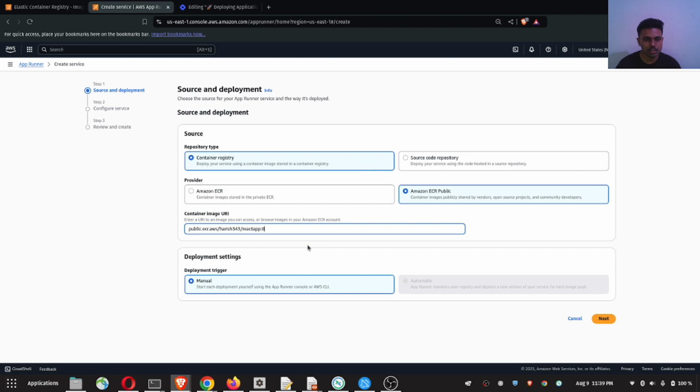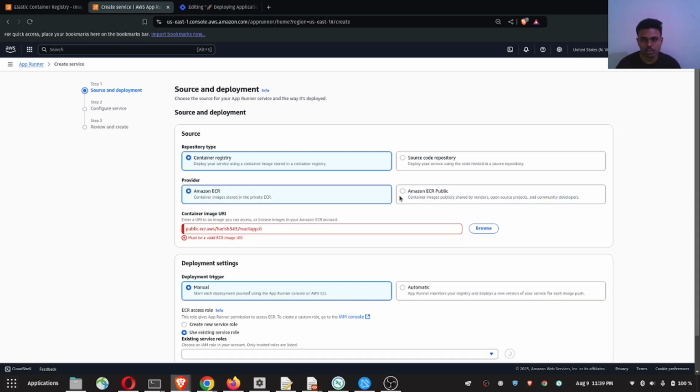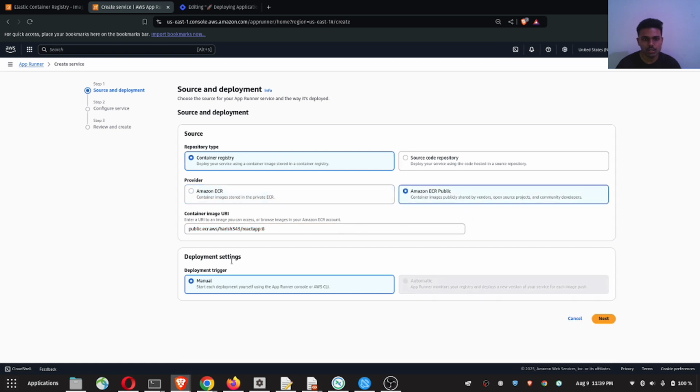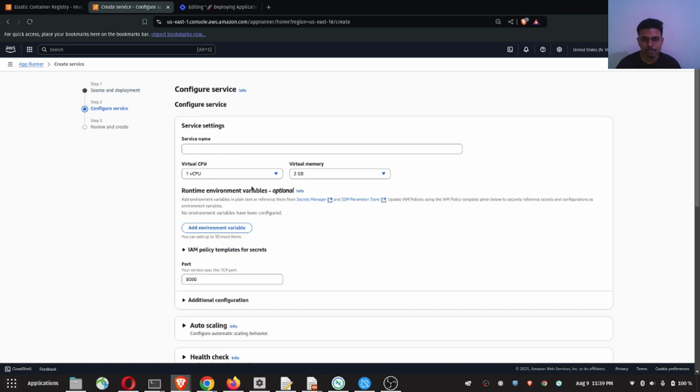And the deployment settings, it's going to be manual, right? You can monitor your registry and deploy a new version of your service for each image push. Okay, so for that you have to pass a private ECR. So yeah, for next, you can provide your service name, I'm providing apprunner-demo, and you can provide virtual CPU and virtual memory,